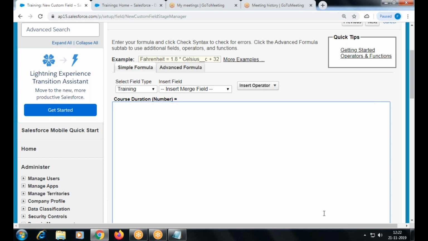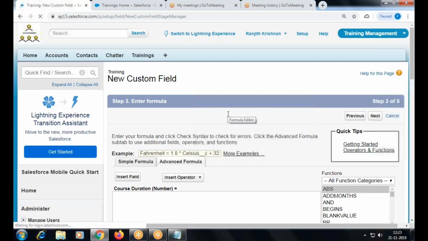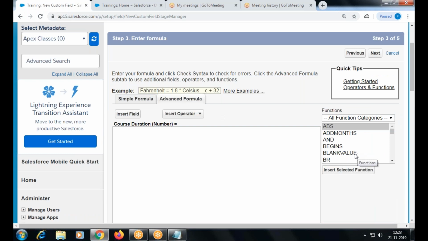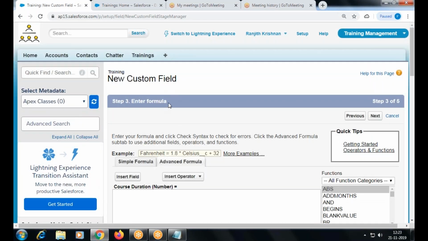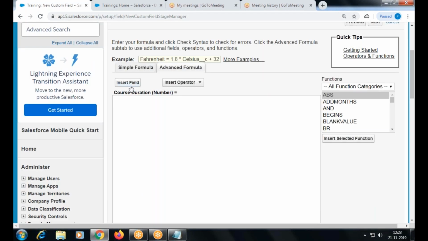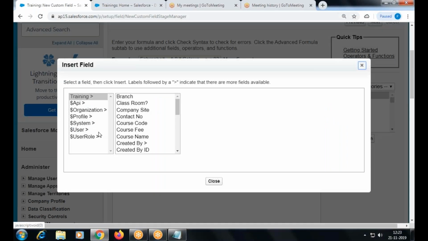That formula editor option will appear here. You have seen a formula editor here, right? Formula, predefined formulas, date type, logical type, everything, right? Those things will also appear here. So I go to advanced formula. It appears now, right? What is the formula you are going to set? Insert field. Now more options are available here.